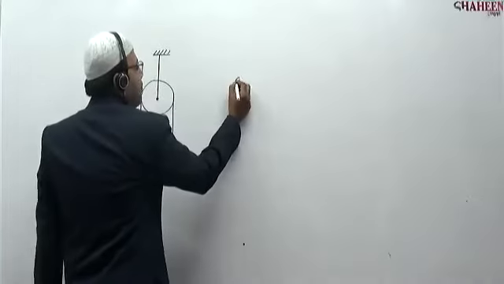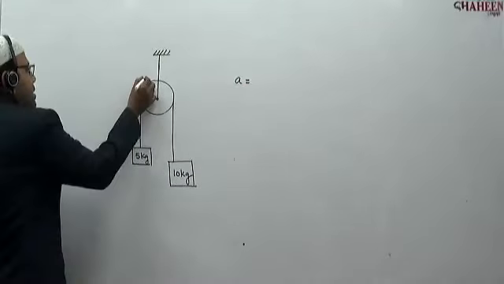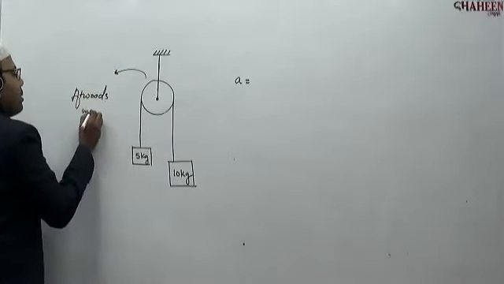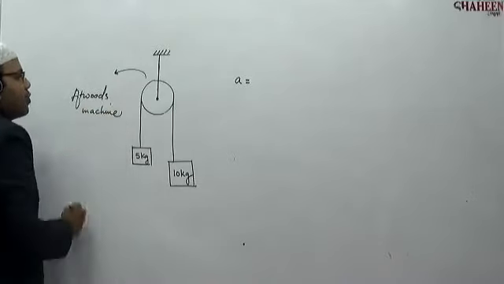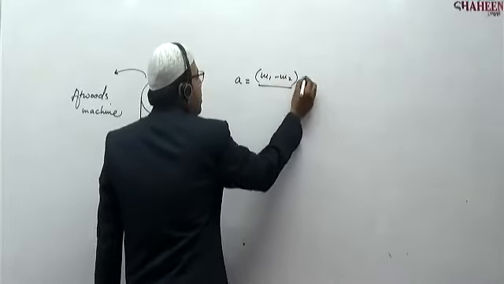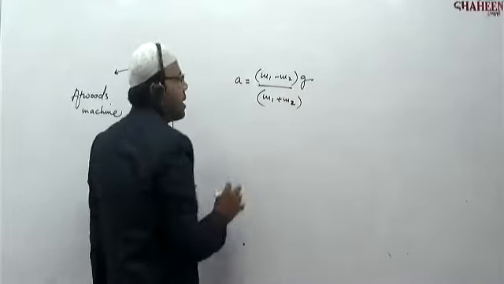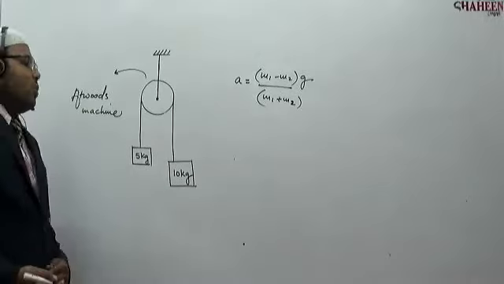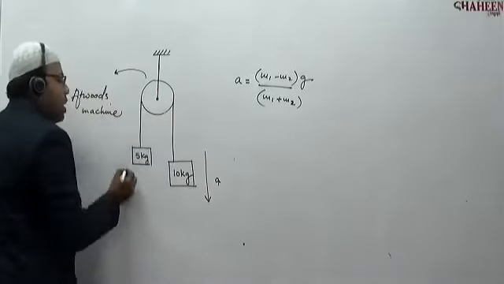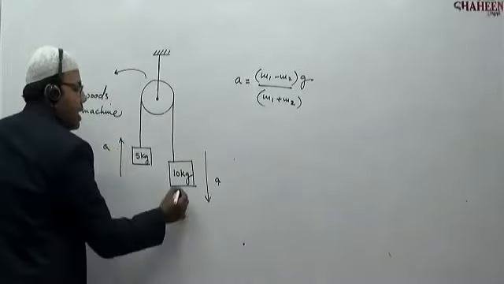We already derived, beta, you know the concept of Atwood's machine. We already discussed this under the concept of Atwood's machine. So a is equal to m1 minus m2 into g by m1 plus m2. Whichever is more, you have to take it as m1. I told you at the time of explanation. So here, which one is more? 10 is more. So it is going to move down with an acceleration a, and this is going to move up with an acceleration a. This is more, so I will take this as m1 and this as m2.